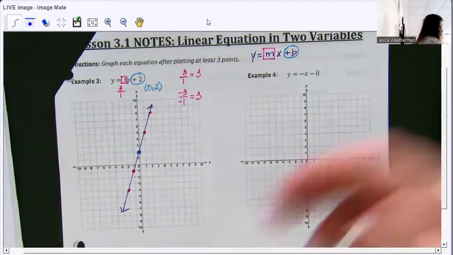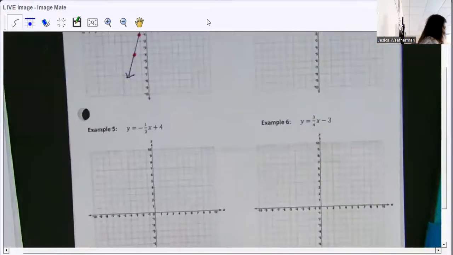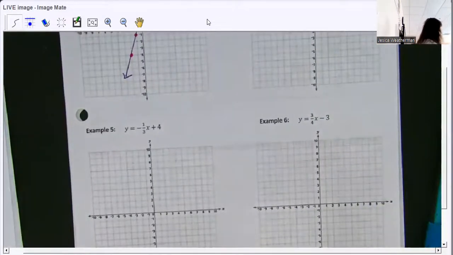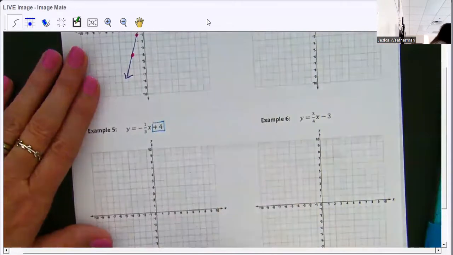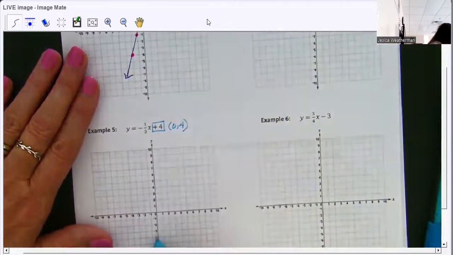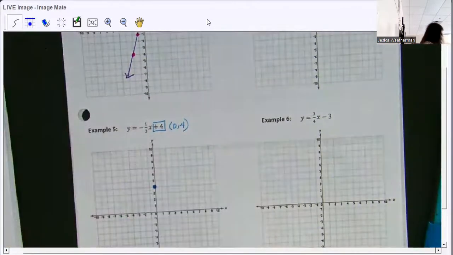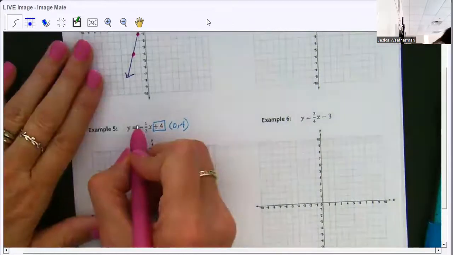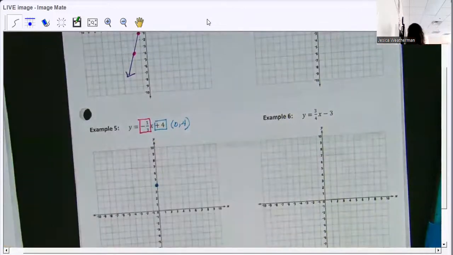Okay, I'm gonna do number 5 now, and then I'm gonna have you do 4 and 6 on your own. So let's go down to number 5. On number 5, the +4 represents my y-intercept, which is (0, 4), and I'm going to plot that point on the graph right here. -1/3 represents my slope. So what that means is I'm gonna rise 1 and run 3,